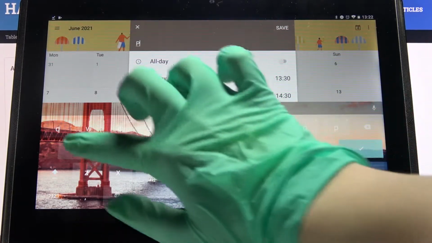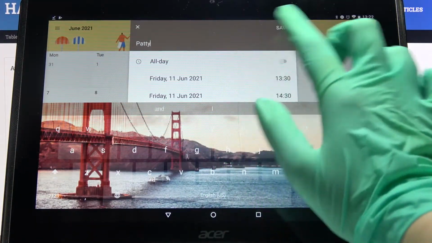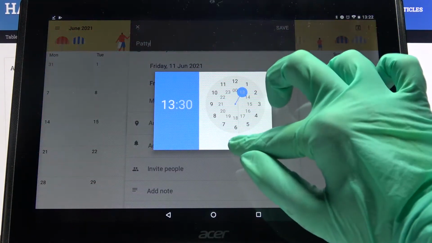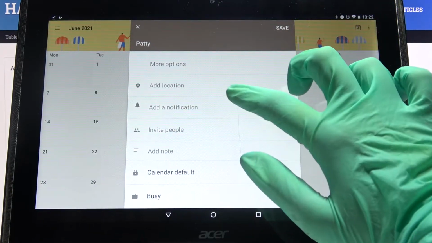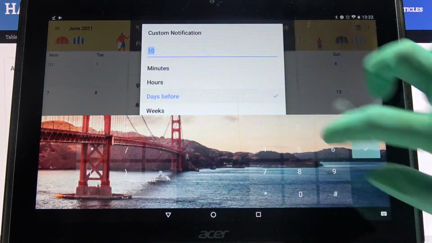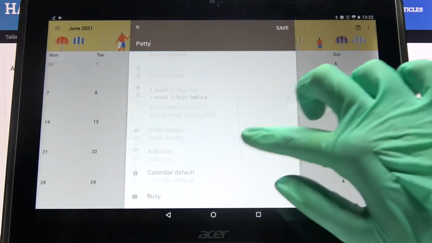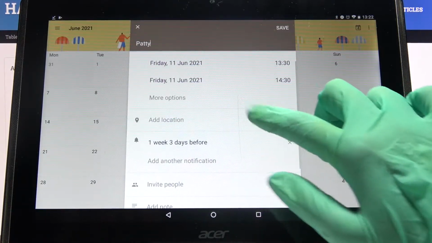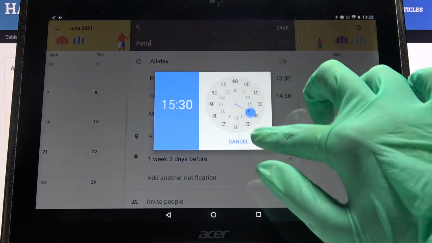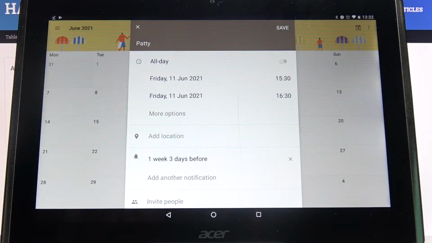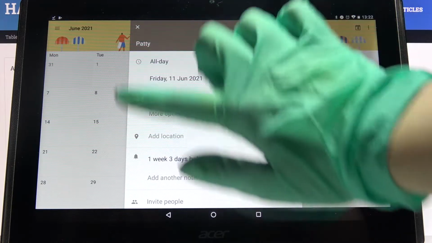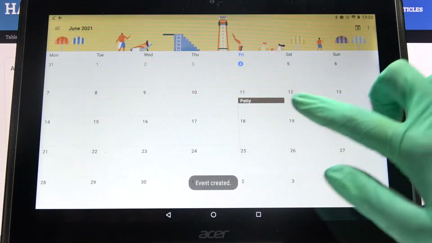Now you can add a title, set up notifications minutes, hours or weeks before, click Done, invite people, take notes, set up location and even pick a starting hour or ending one. When you're done, click Save at the top right corner of this pop-up, and as you can see, my event